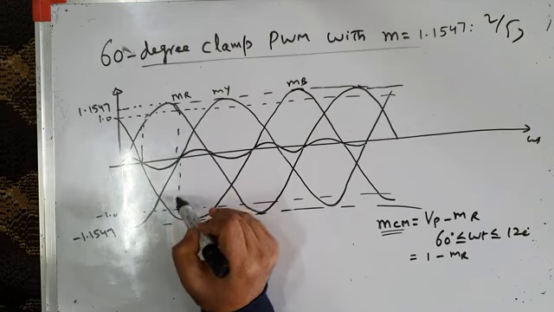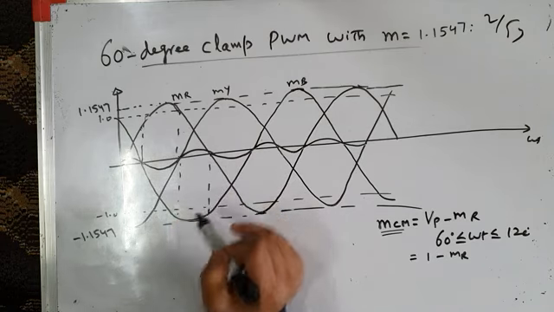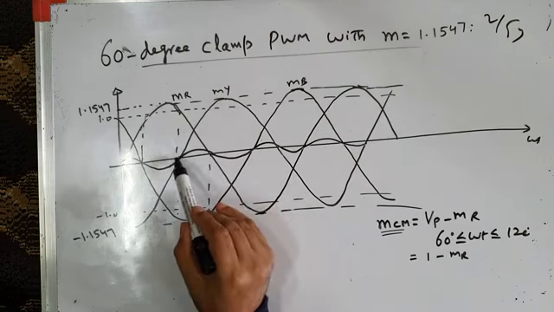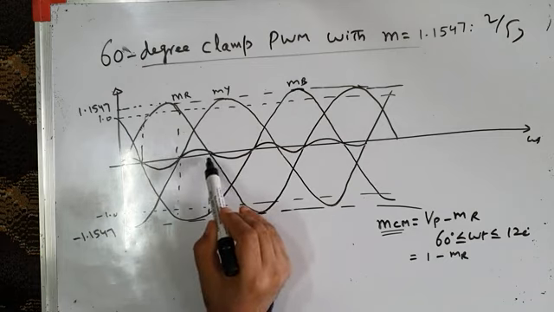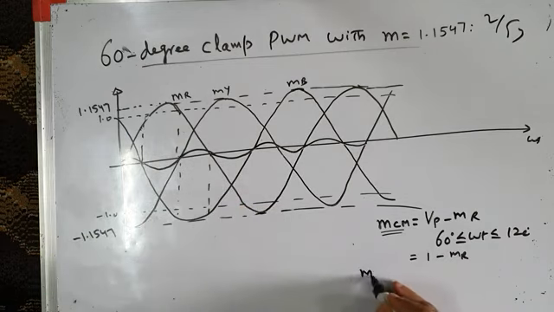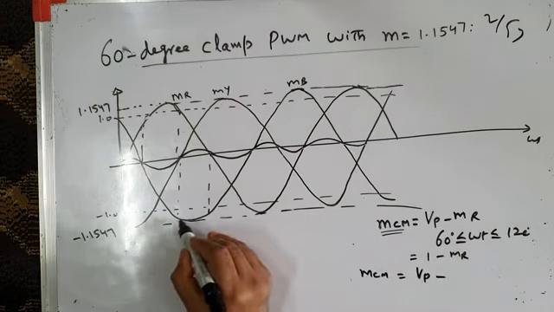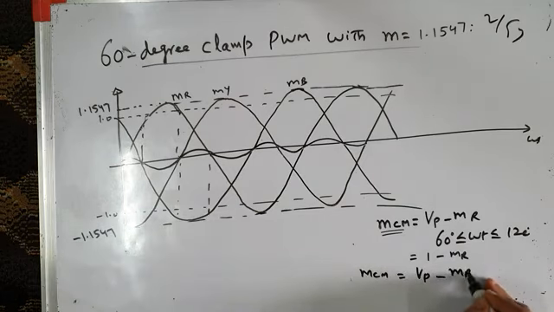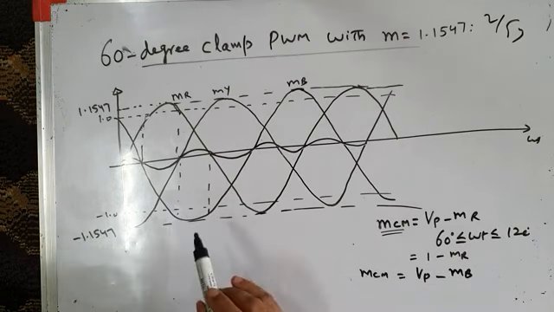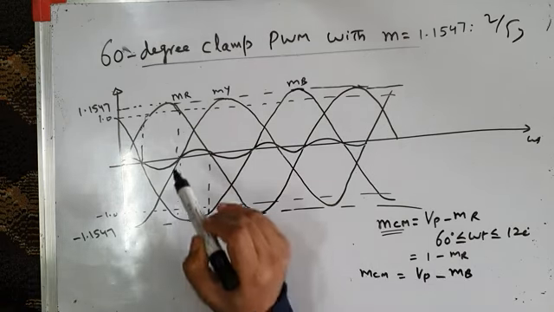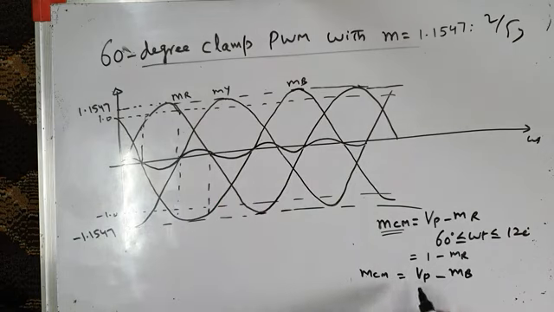After that, take the next 60 degree interval from here to here, 120 to 120 plus 60, which is 180 degrees. So MCM is equal to Vp over this interval, and you have to subtract minus Vb. It will be minus Vb. Over the 60 degree interval, my common mode signal MCM is Vp minus Mb, and the time interval is 120 degrees to 120 plus 60 is 180 degrees.